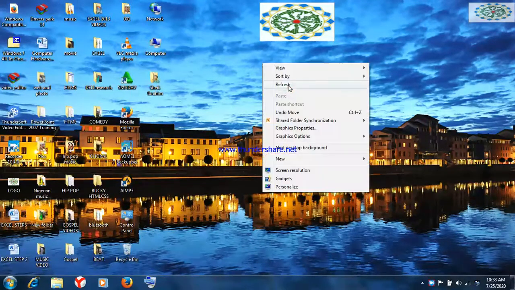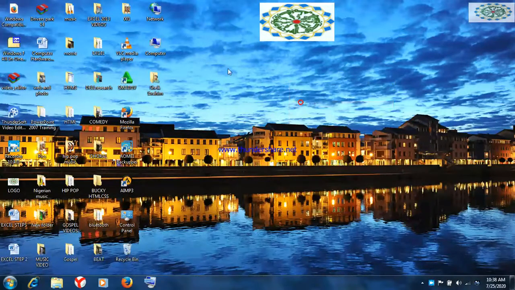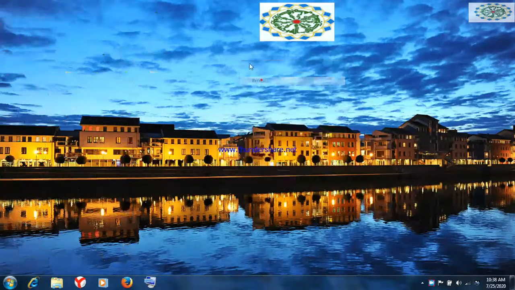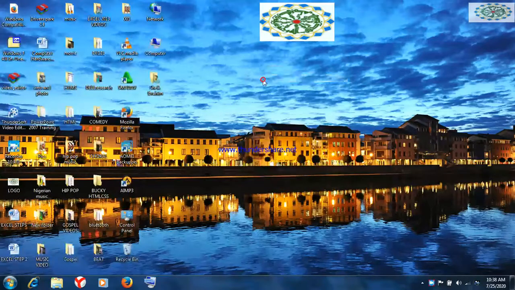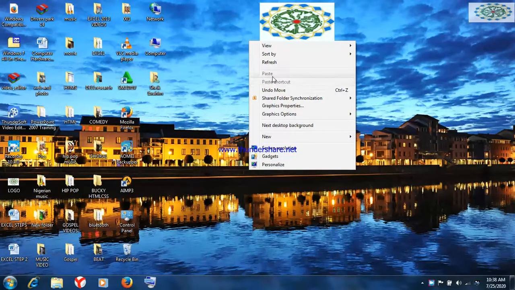This is there to refresh the computer. Let's refresh the computer. Sometimes the computer also needs refreshment. I didn't say you should pour water or drinks. Okay, refresh. And we are seeing the paste not too bright because there is nothing that we've copied. So the paste shortcut, undo move, because we've moved something from one location to the other, it is asking us to undo that move, to bring that particular item back to the normal location, and so on and so forth. So we have share folder,